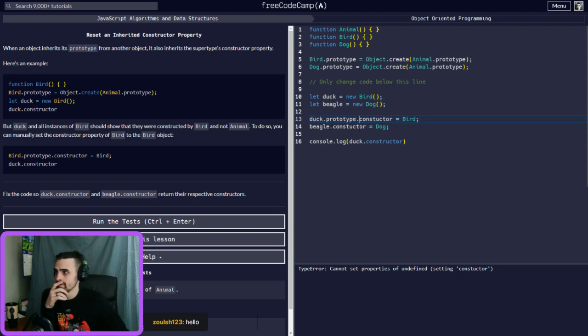Prototype.constructor. That should. Wait. Would I change it here? Duck.constructor uses function animal.